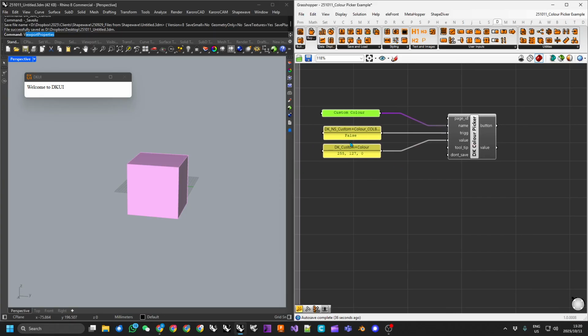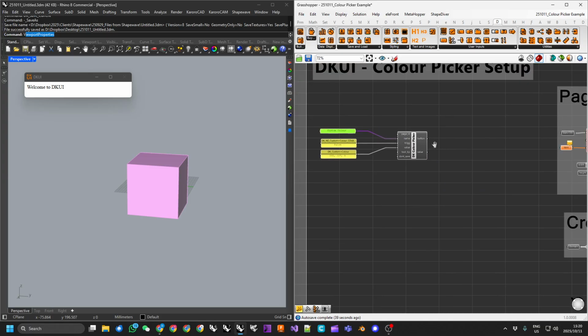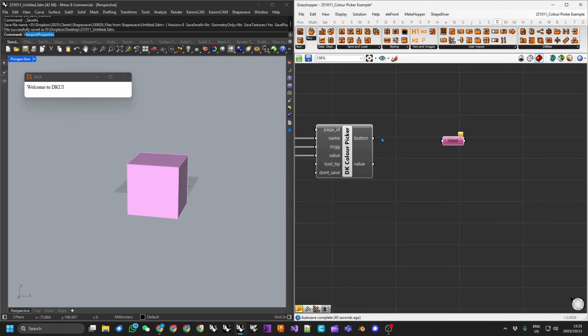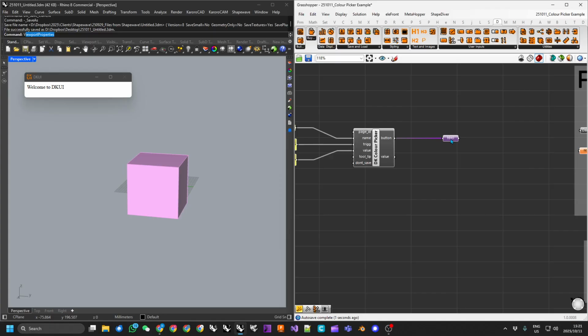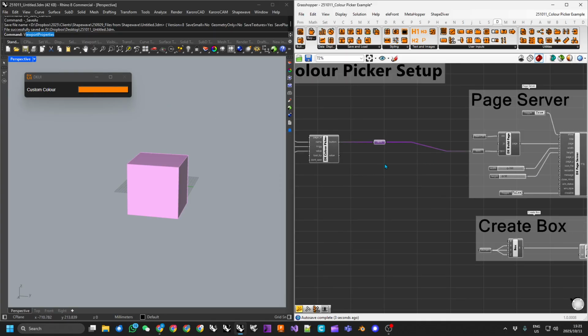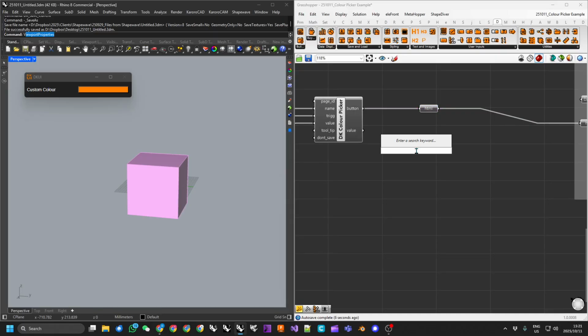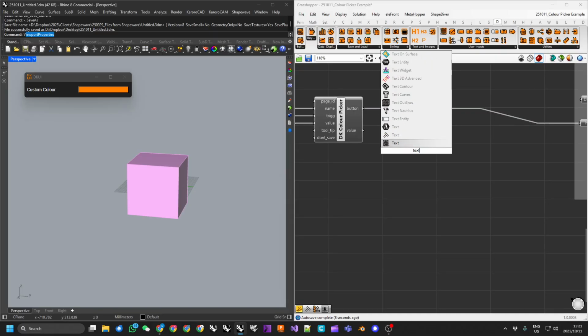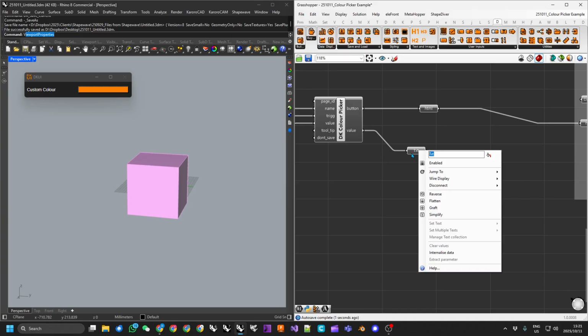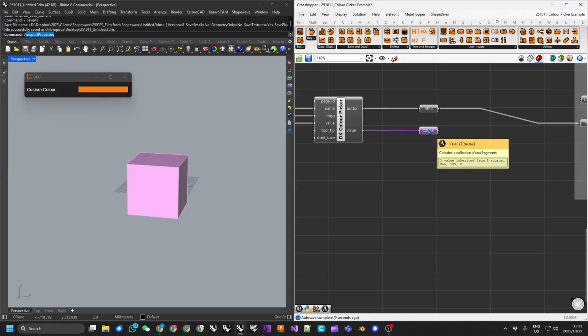And of course there is a color already in here, so we have this button coming out of here. I'm just going to grab this HTML component, we'll pipe that in and then pipe that into our HTML, and that'll update. So there is our custom color there, and I'm just going to grab a text component, drop our value into there, and I'll call this color CV,